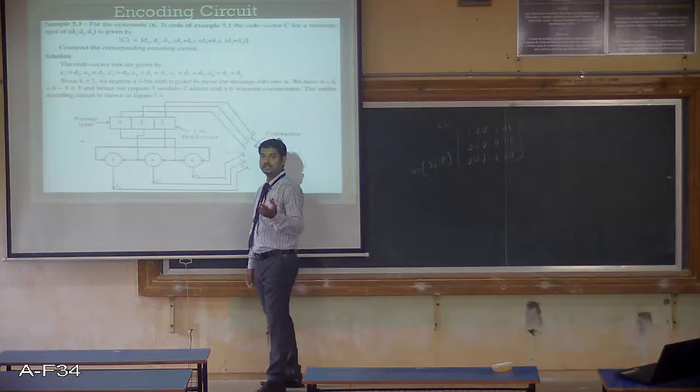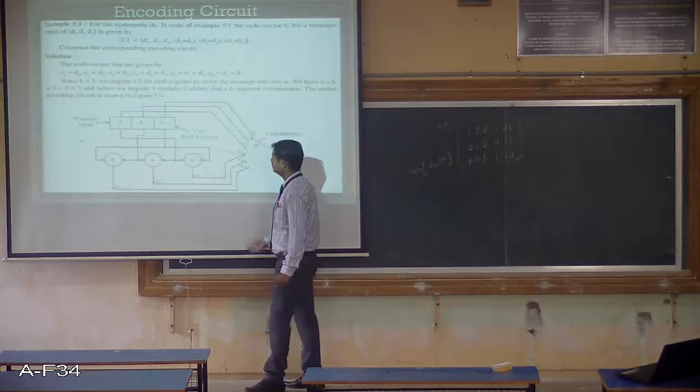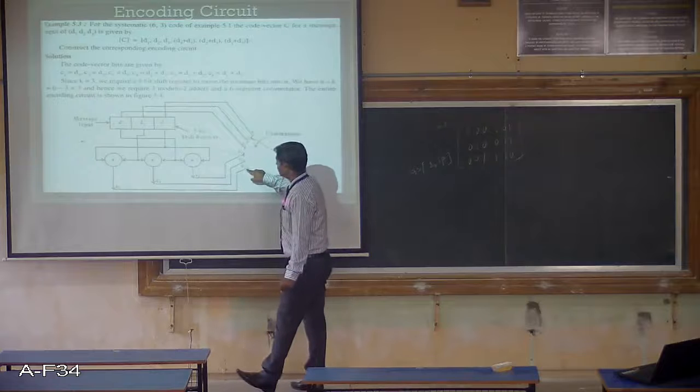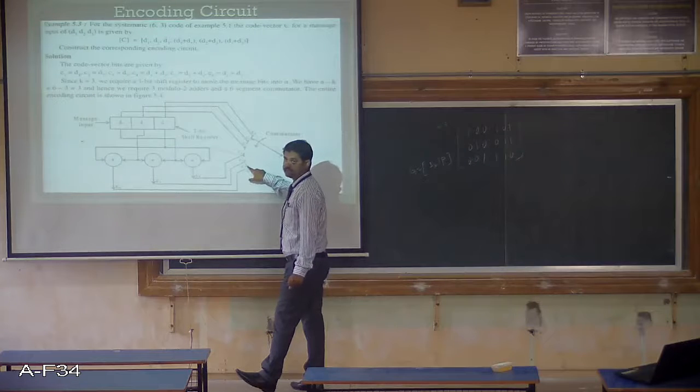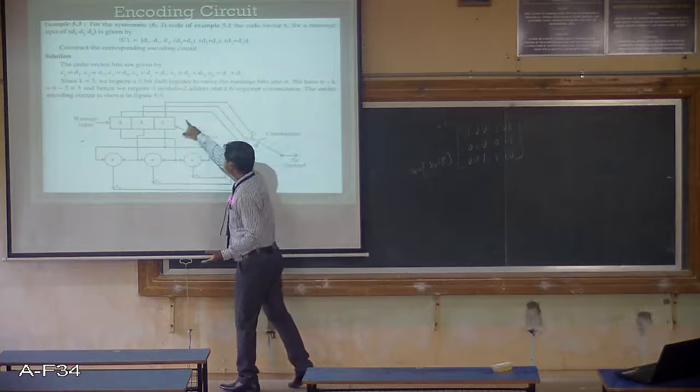7486, an exclusive OR function. It basically performs the mod 2 addition. These are the total 6 bits. It's a commutator switch. How to produce the first bit of the code word? C1 is same as D1, C2 is same as D2, C3 is same as D3. So these 3 bits are readily available.